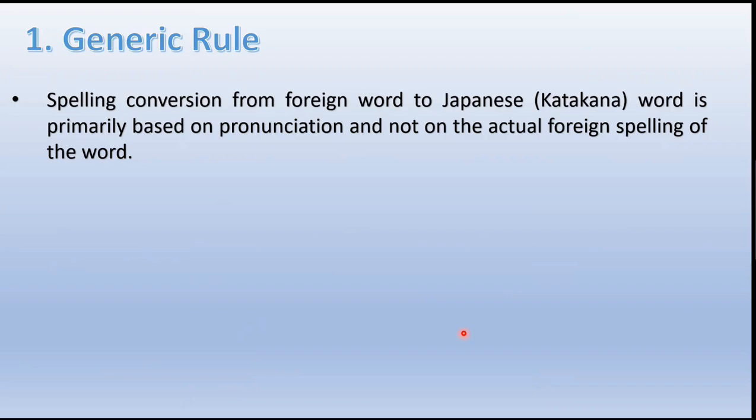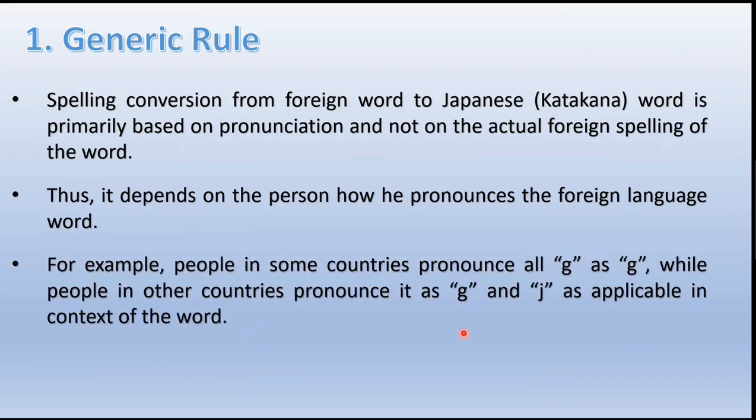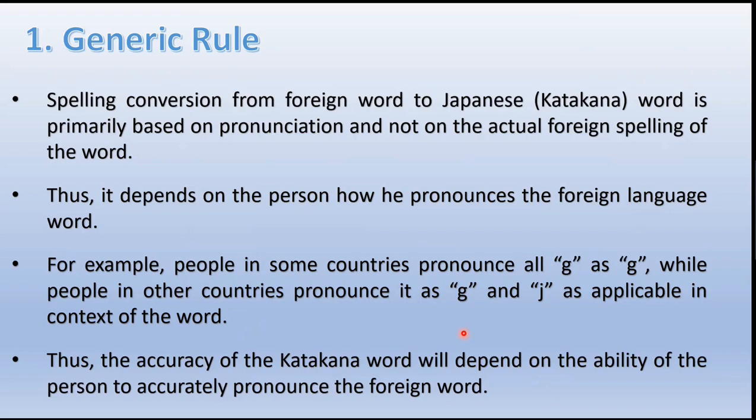So rule number one, the generic rule. Spelling conversion from a foreign word to a Japanese or katakana word is primarily based on pronunciation and not on the actual foreign spelling of the word. Thus, it depends on the person how he pronounces the foreign language word. For example, people in some countries pronounce all the G sounds in words as G, while in other countries, people pronounce it as G and J as applicable in the context of a particular word. Thus, the accuracy of the katakana word will depend on the ability of the person to accurately pronounce the foreign